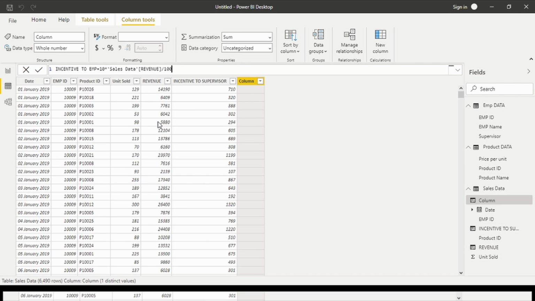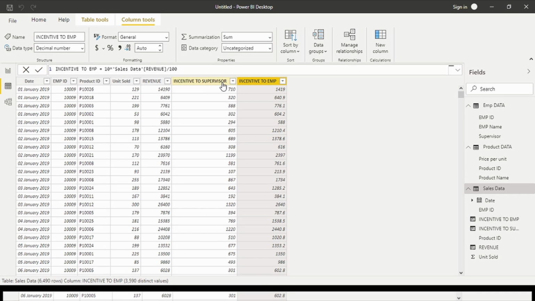It means we first calculate the revenue, and then from revenue, how much we get by selling the product by employee or supervisor. The percentage is on the percent of revenue we give as incentive to supervisor or employee. These are our expenses, incentive to employee.